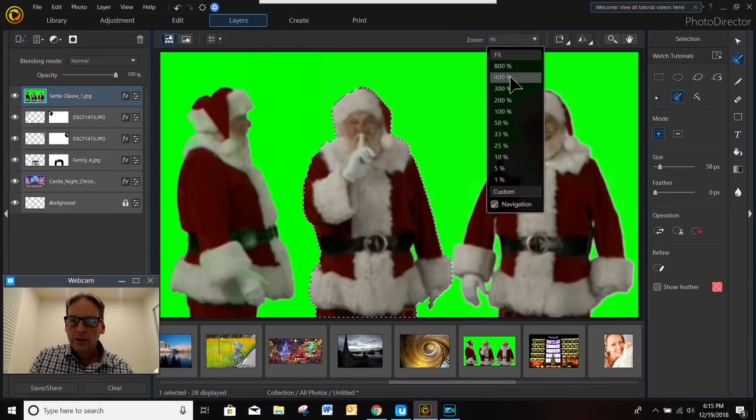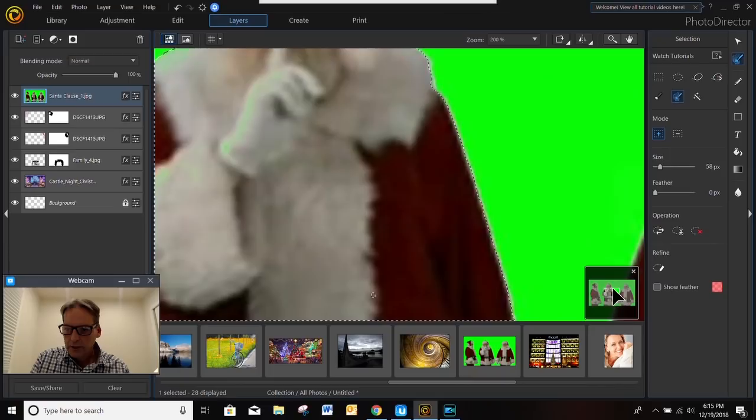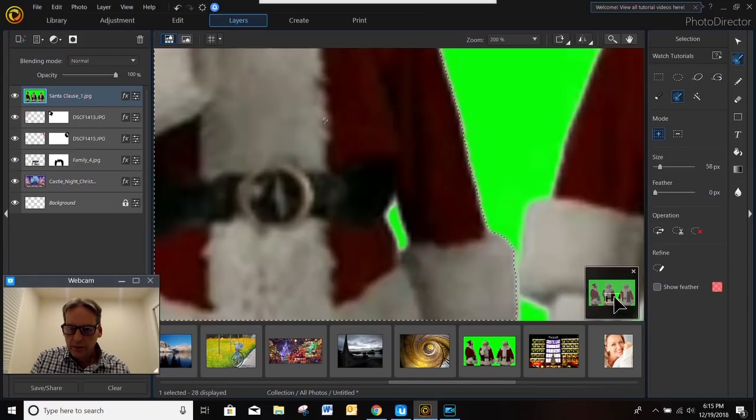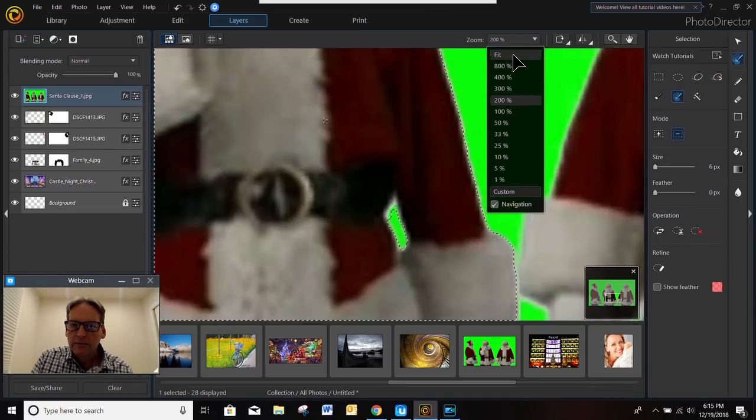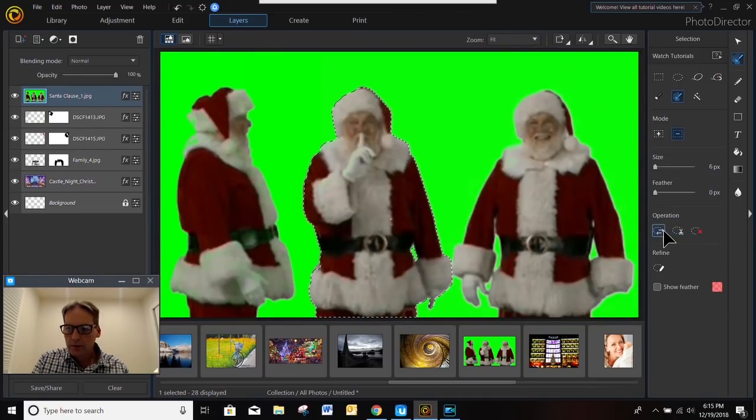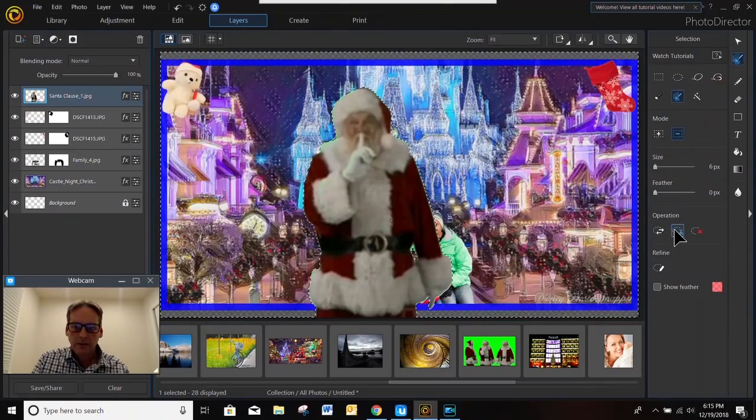And let's zoom in, because I want to get right between his arm there as well. So let's bring this down to size. Give it some size. There we go. Okay, now that we've got that selected, fit to size, all that's good. We do a reverse and cut. All right, then Control D, and